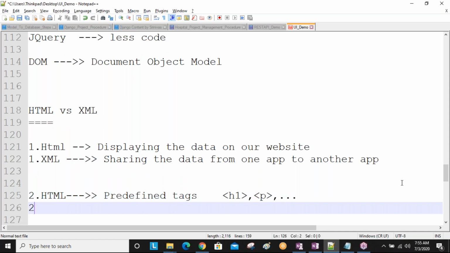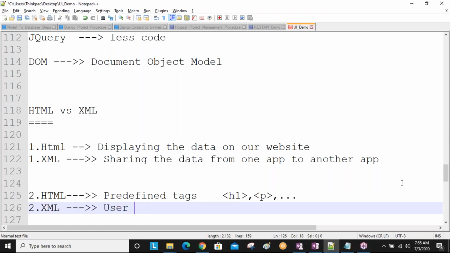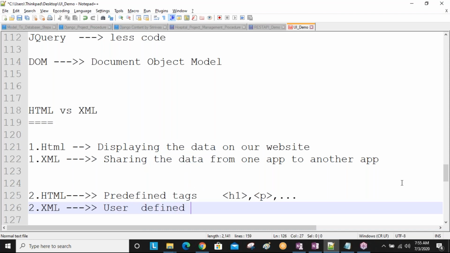Next, XML has what, sir? User defined tags. For example, EMP is a user defined name, your own name, and student. Like this, you can write all your user defined names.